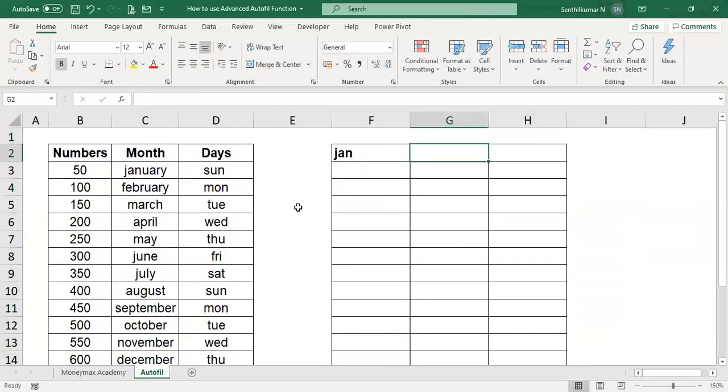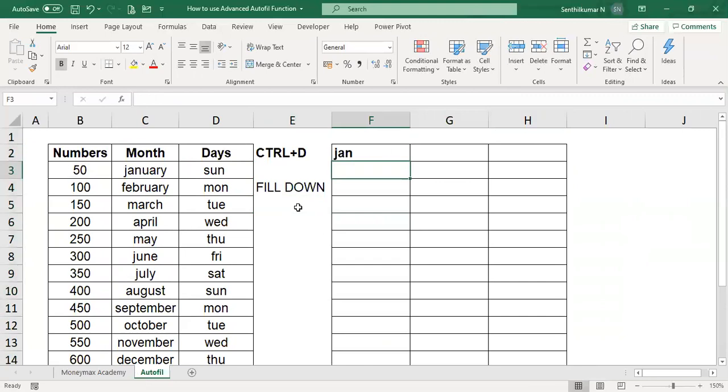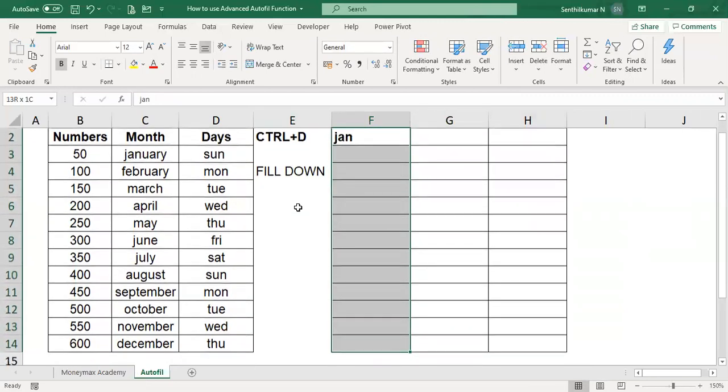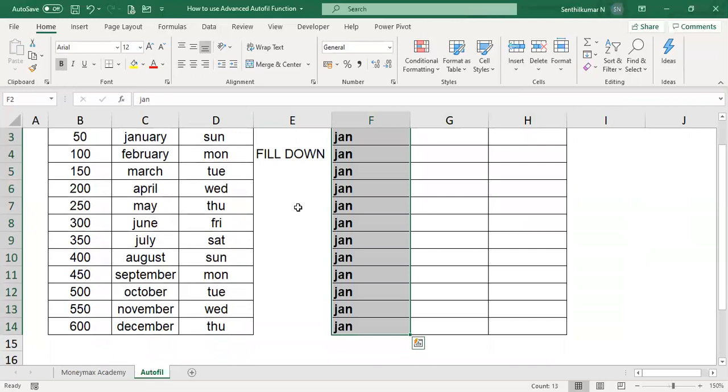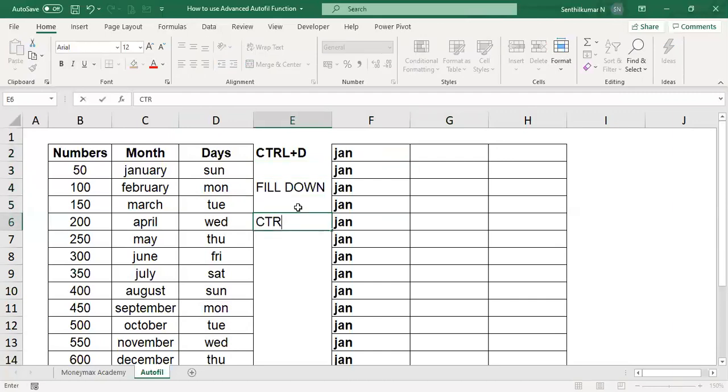So Jan, okay, we are using the shortcut key Control plus D. Control plus D is fill down. It is called fill down. To fill down, you have to select the data, and you can use Control D. Suppose you want to fill right, the same, you can use Control plus R. D for down, R for right.